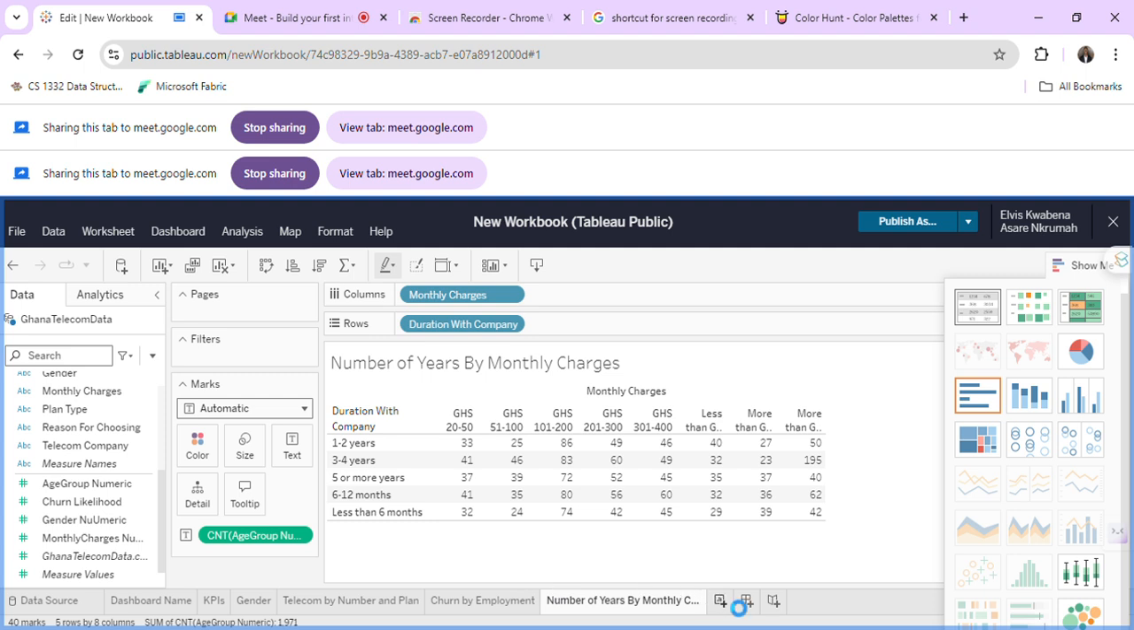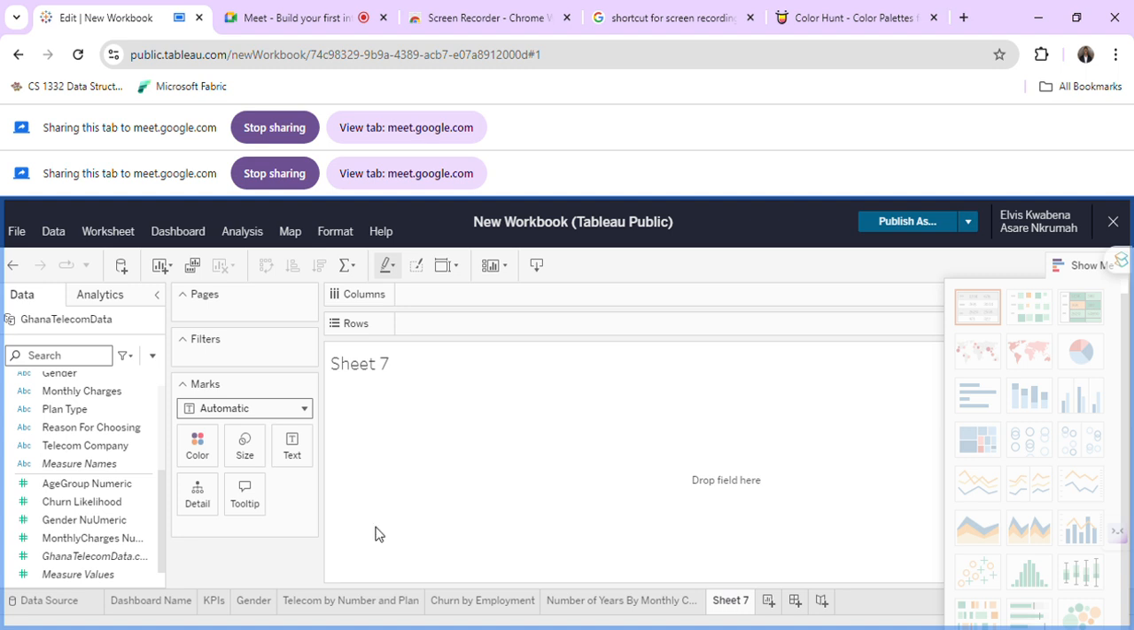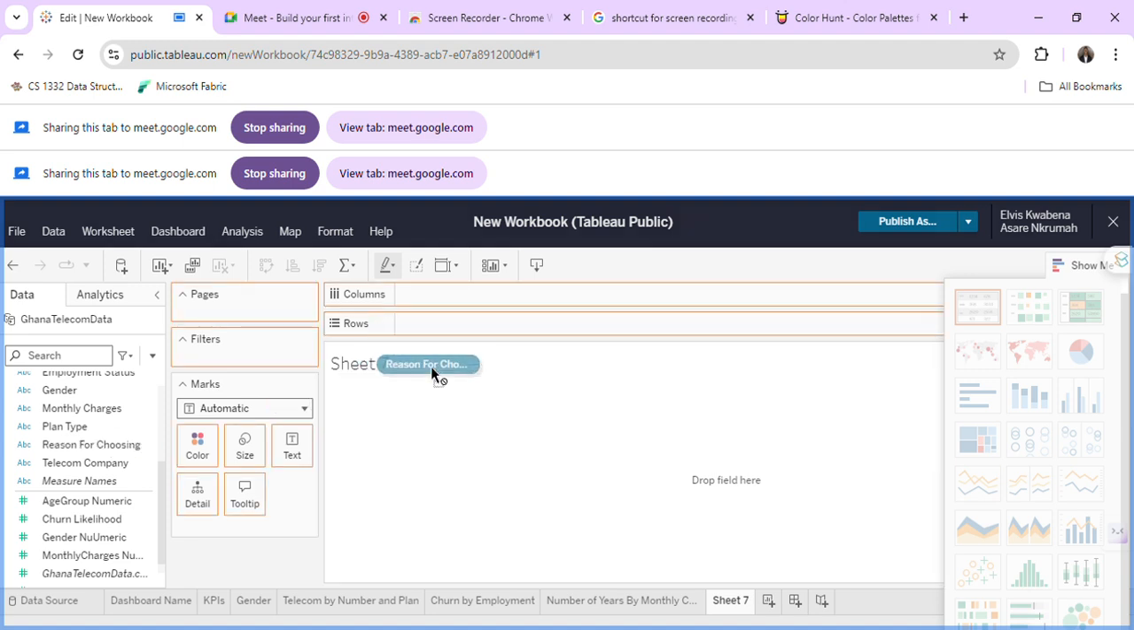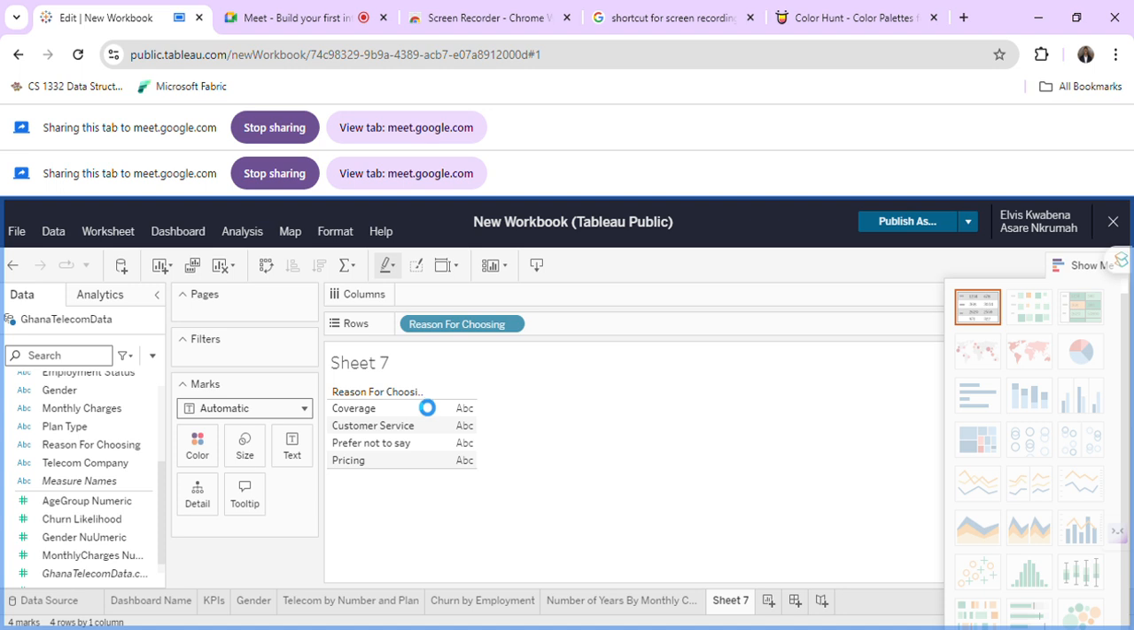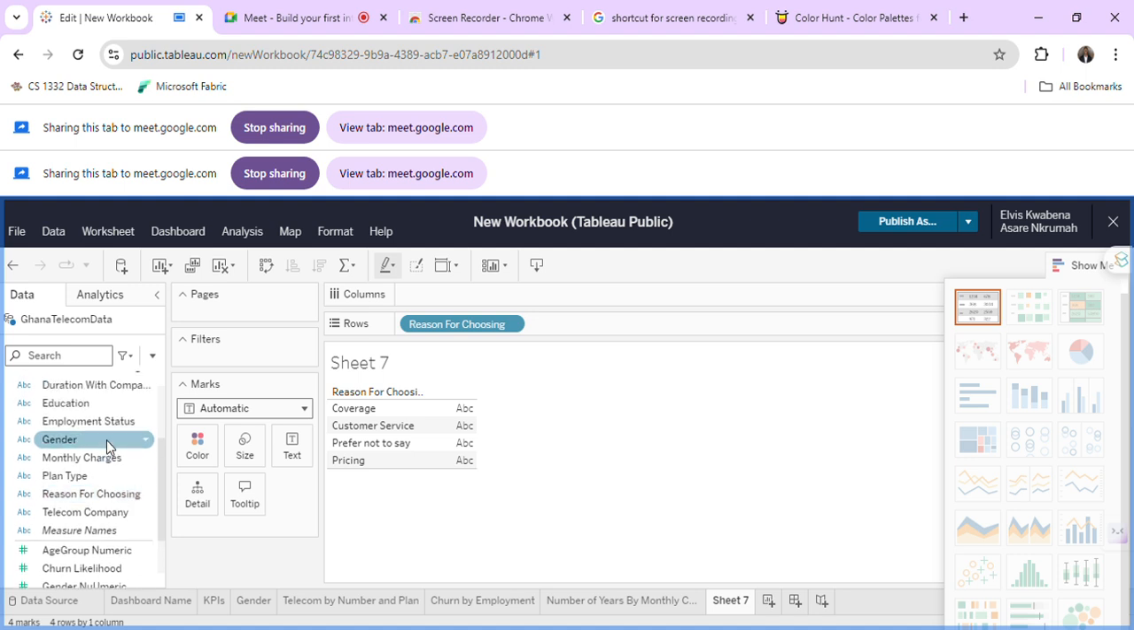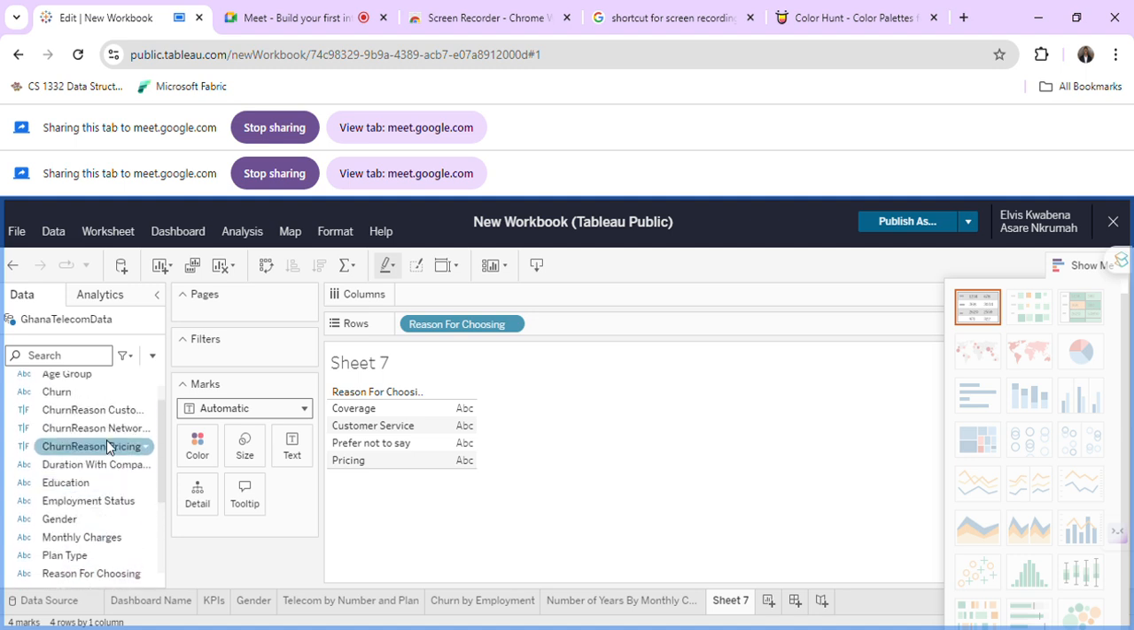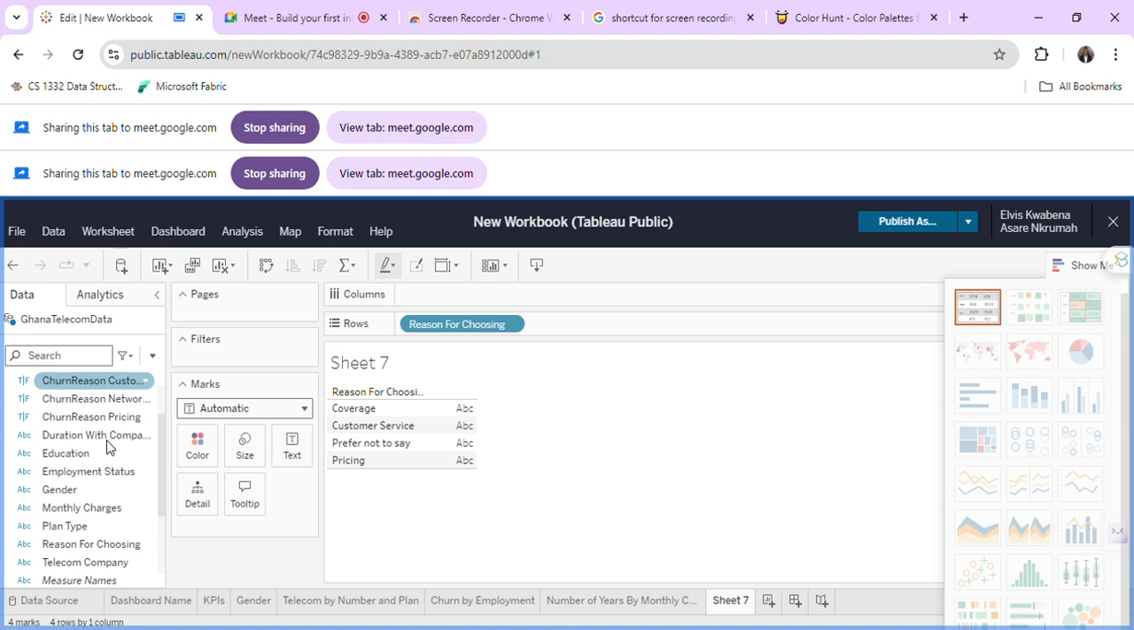Now add the last one. I think time is hitting, so I'll add the last chart. Let's say we want to compare, why do people leave a particular network? So we'll load it here. Why do people leave a particular network? And we can even check with the telco column. We want to check telco company. So we want to compare